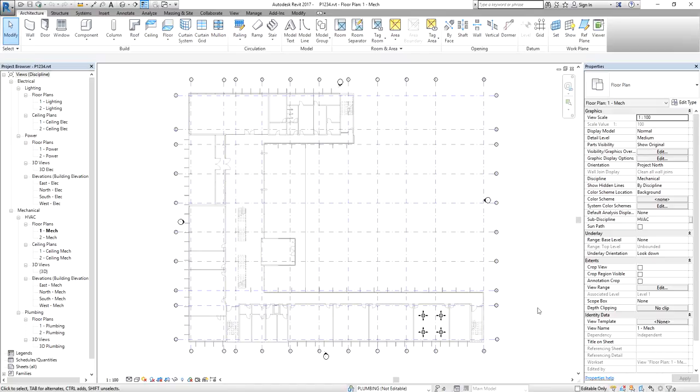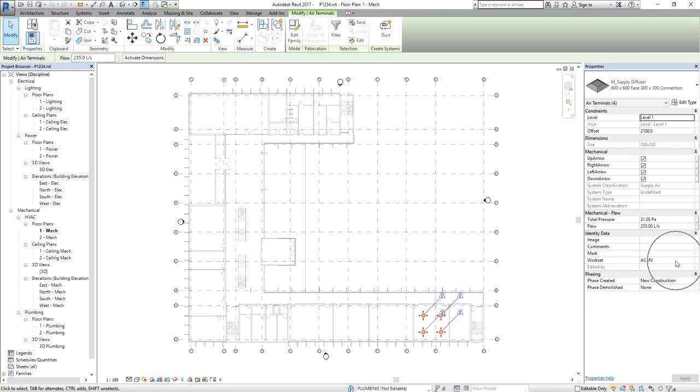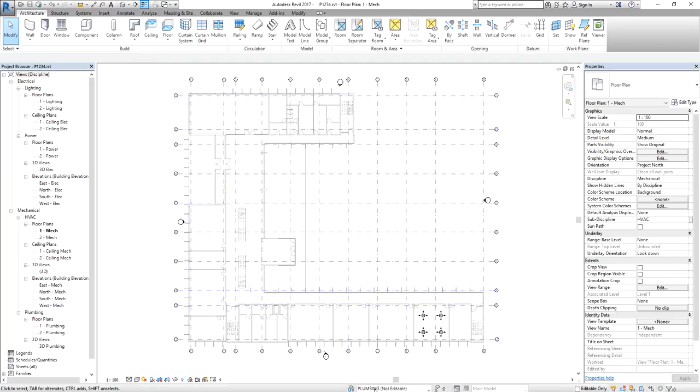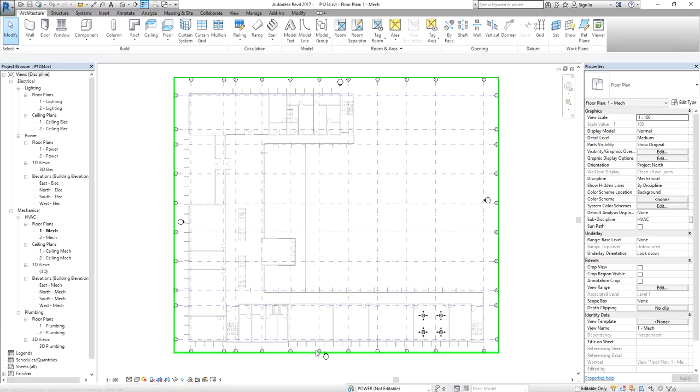So that there's no need for you to change later on in the project in case you did something wrong, because you would need to select those elements that you created and then change the work set here. For example, oh, this element should be under plumbing. So you'll be selecting those elements and then changing the work set here in case there's something wrong. That's why I would advise make sure you select the active work set correctly. So if you're going to do power, you select power, so that all the elements that you will be placing will be under the power work set. Okay, all right.